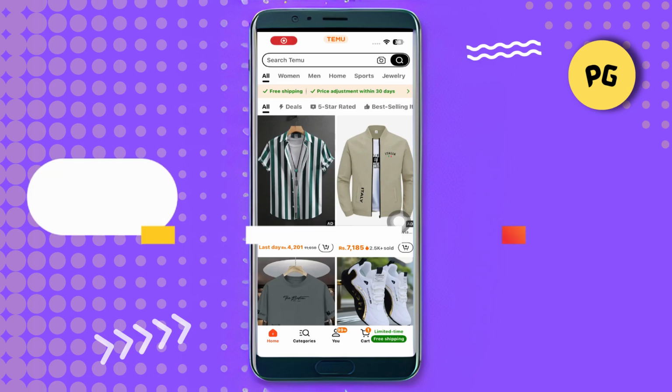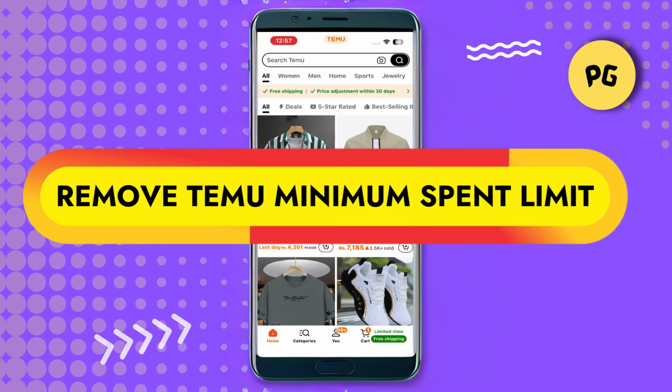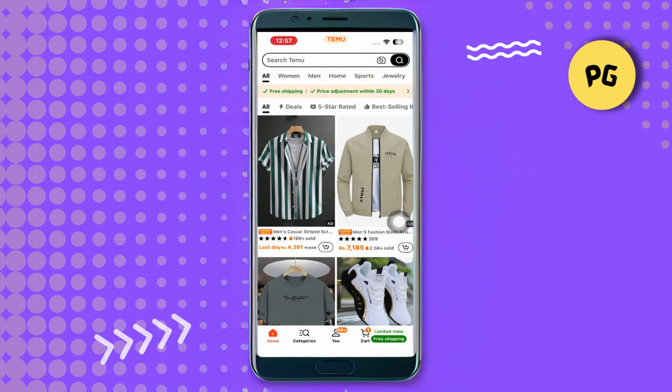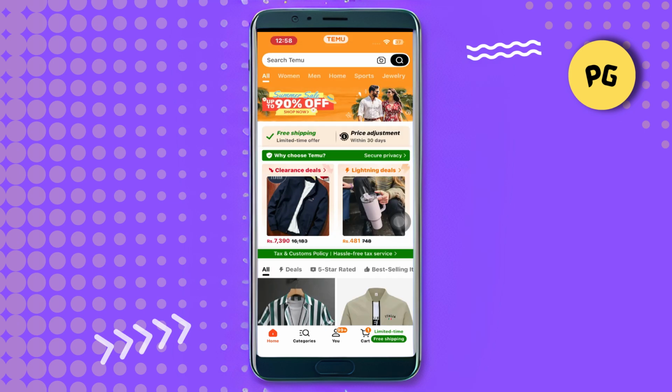Hey guys, in this video I will show you how to remove Temu minimum spend limit. Alright, so let's begin. While this method doesn't work for everyone, many users have reported success depending on their region